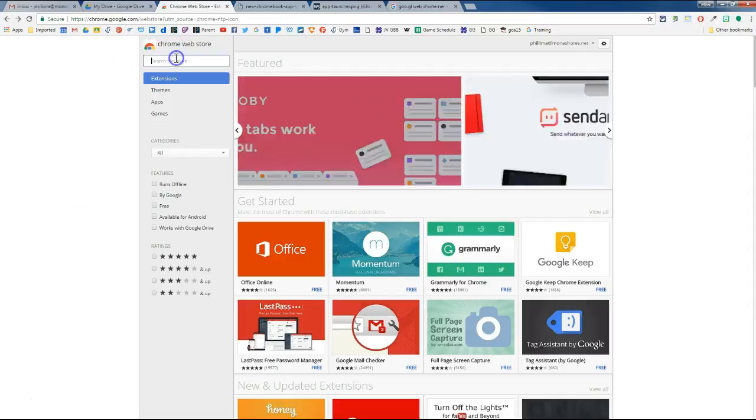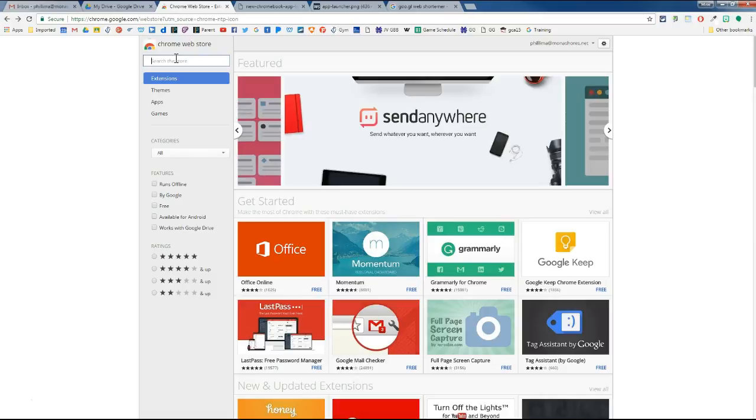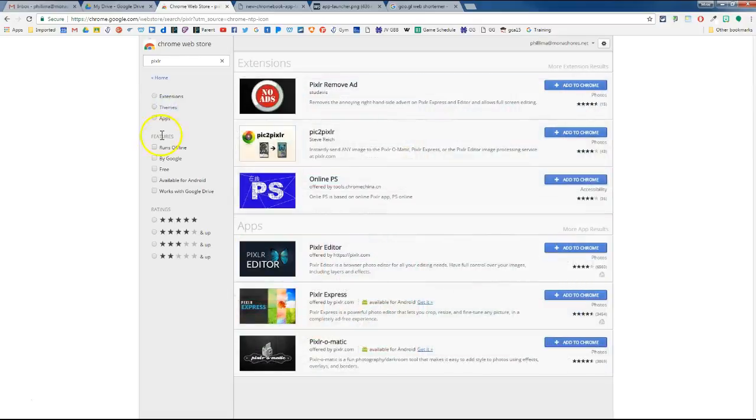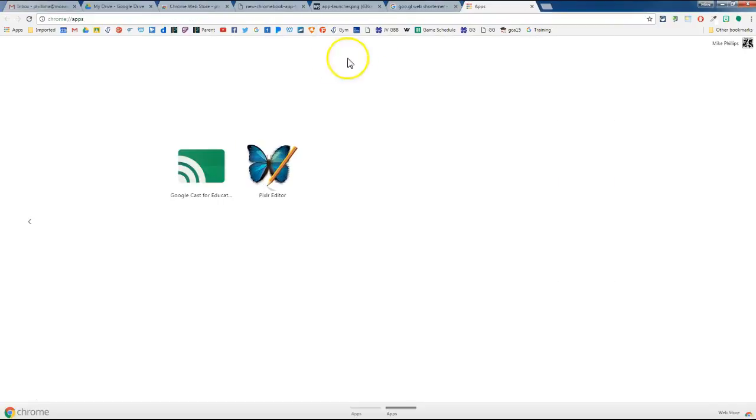So I use a photo editor called Pixlr often. And I can see right here for the extensions, there's no Pixlr extension, but there is a Pixlr editor app. I'm going to go ahead and add this to Chrome. And you'll see here in my apps launcher, there is a Pixlr editor icon. Now, if you're looking for that apps launcher,